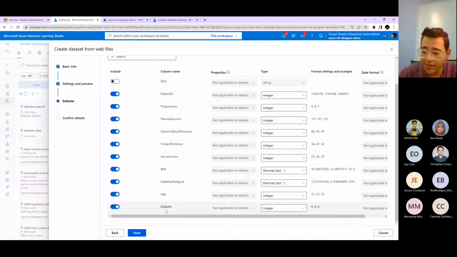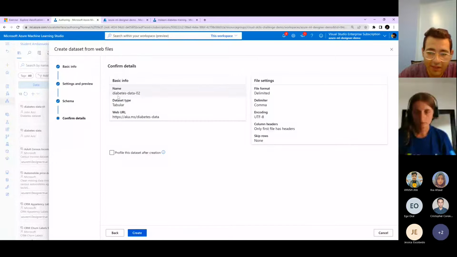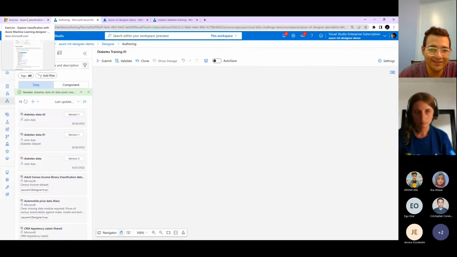Now we are going to click on next and move to reviewing everything. This is everything that we have defined together. I will click on create. And now the first step has ended. We have gotten our data ready. Now what? Now we're going to utilize the designer